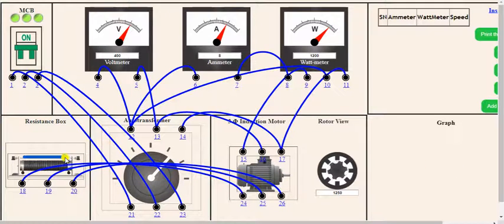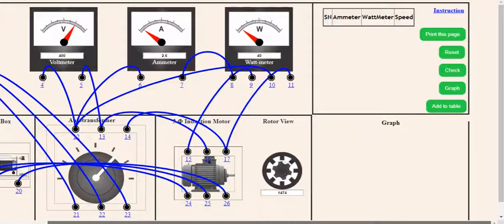Now you can decrease the resistance like this. If you decrease the rotor resistance, the speed increases again. You can see in the diagram it becomes 1388 with a wattmeter reading of 680. Going to the extreme left gives the minimum reading. There should be some resistance, and now it is increasing to the previous value. So that's it.